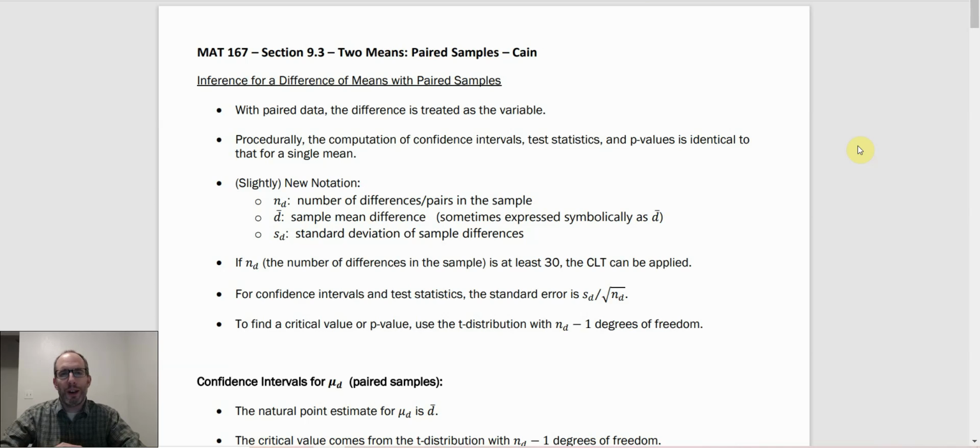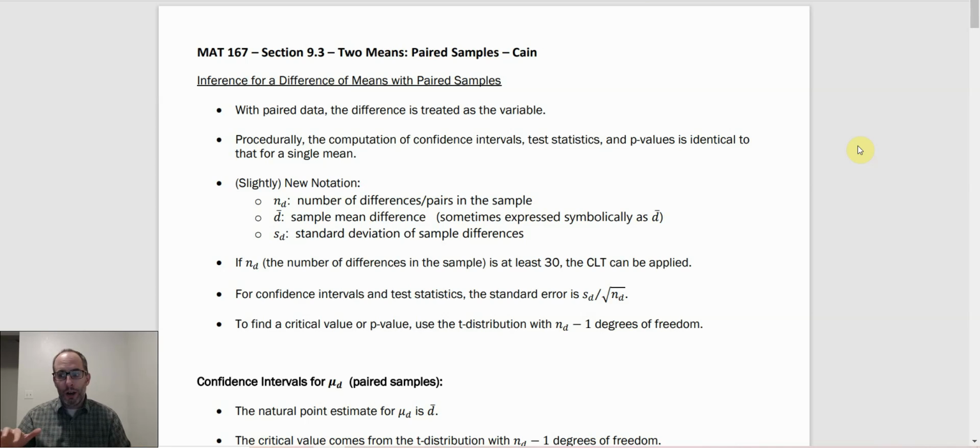Really what it comes down to is that if you have paired data, the way you would get a confidence interval and compute a p-value for a hypothesis test are identical to what you would do with a single mean. Like what we had in chapter 7 for the confidence interval, chapter 8 for the hypothesis test. Because this calls back to other things we've already done, I think 9.3 is actually